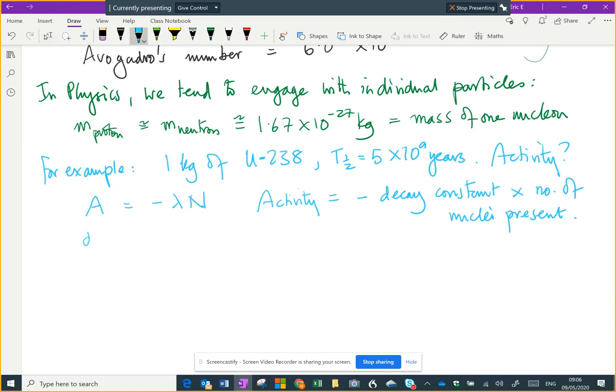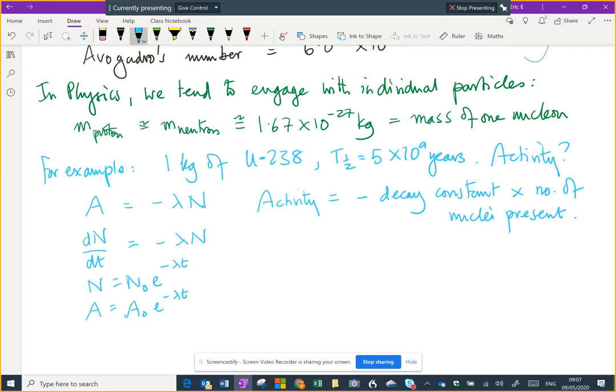If you remember rightly, the activity is dN by dt equals minus lambda N. We solved this and got N equals N naught e to the minus lambda t. Therefore, you can differentiate this, and we get A equals A naught e to the minus lambda t. And these two formulae describe the exponential decay